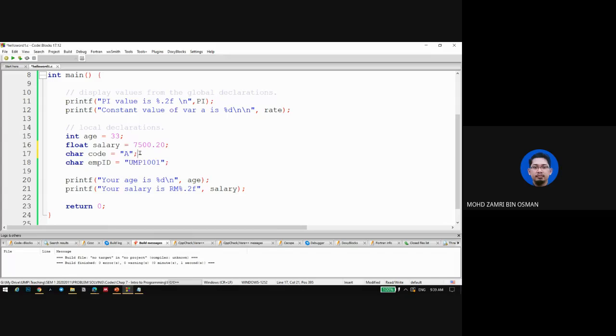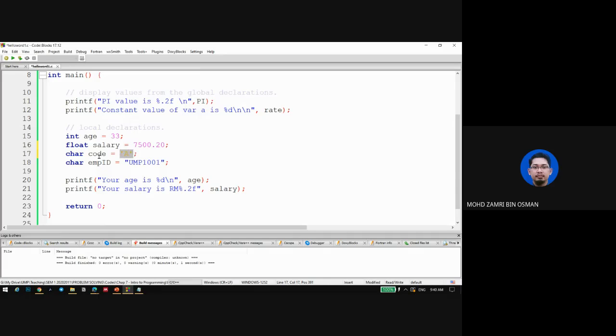So for a single character, this is the way we can declare it. Either you can use a double quote or single quote, but the best way for a single character is by using a single quote like this one. So A will be stored into this variable,